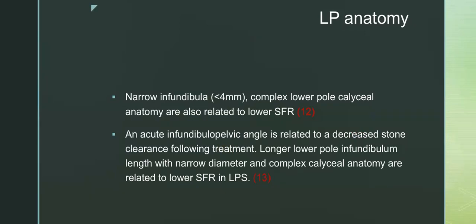So essentially narrow infundibular, which is considered to be less than 4 millimeters, or patients who have complex lower pole calyceal anatomy are also related to lower stone free rates post any procedures. So yeah,